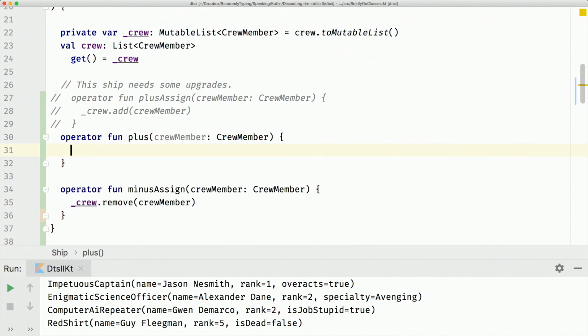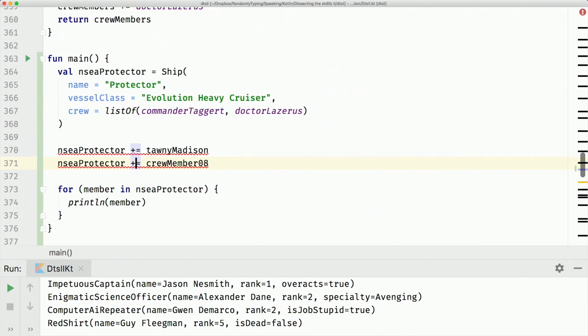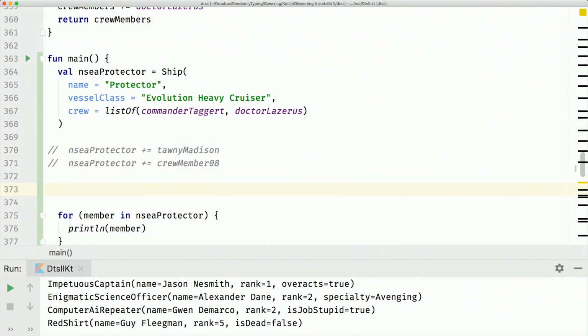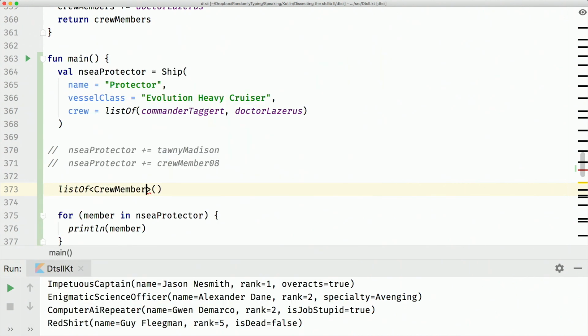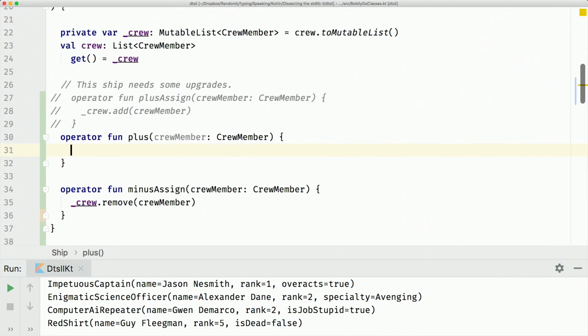So if you think about when you do plus on a list, usually when you use just the plus operator on a couple of lists, say I have a very simple list of members, and I do plus list of crew member, the compiler is going to complain. So how is this different than plus equals? I've got two immutable lists, so they can't be changed. But I can add them together, and what comes out is a new object that is the aggregation of the two. Keeping that in mind, I'm going back to implement this plus operator,